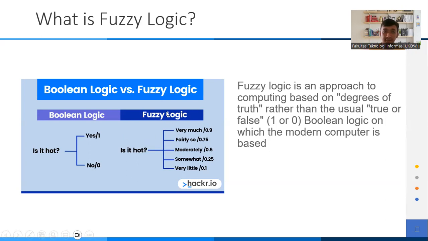So fuzzy logic can also be implemented in a computer system. We do not only use Boolean logic, yes or no, but we can use fuzzy logic, and now in a modern computer it is absolutely possible.